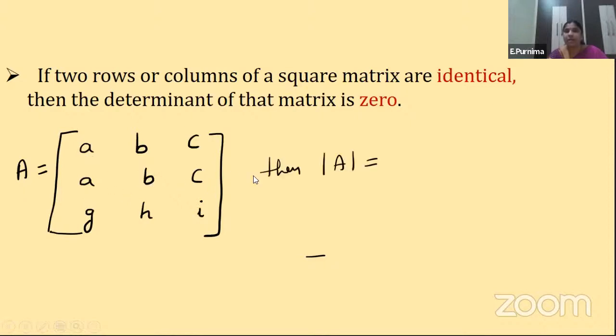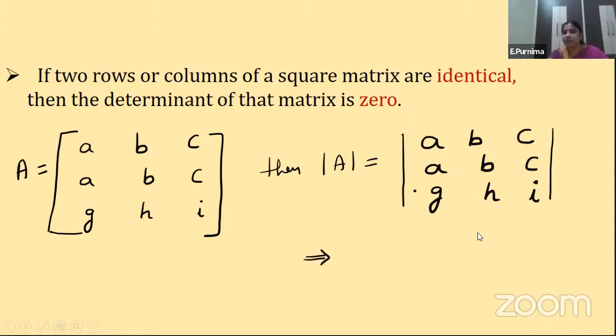So then we can say that the determinant of this matrix is nothing but 0. That is directly we can write it as 0. Without solving also we can directly say, if you find that any two rows or any two columns need not be continuous. It can be R1 and R3 also can be same. Understood? There need not be consecutive rows. They can be any place. So R1 and R3 can be identical, or C1 and C3 can be identical. Anything it can be, then the determinant can be considered as 0.